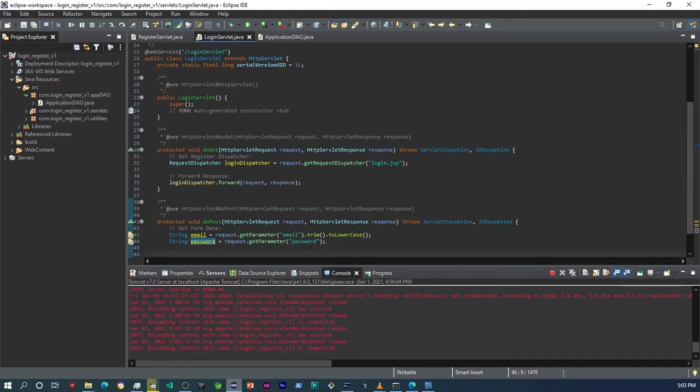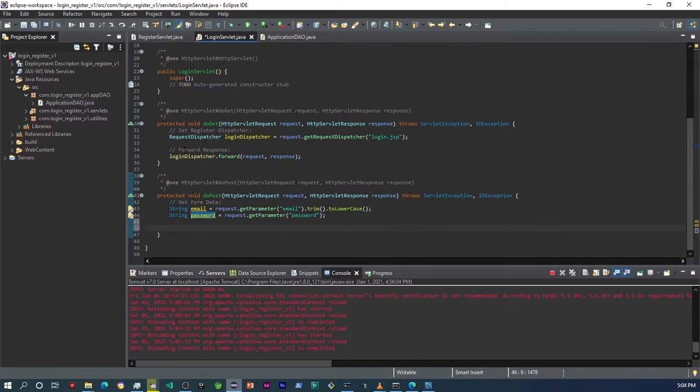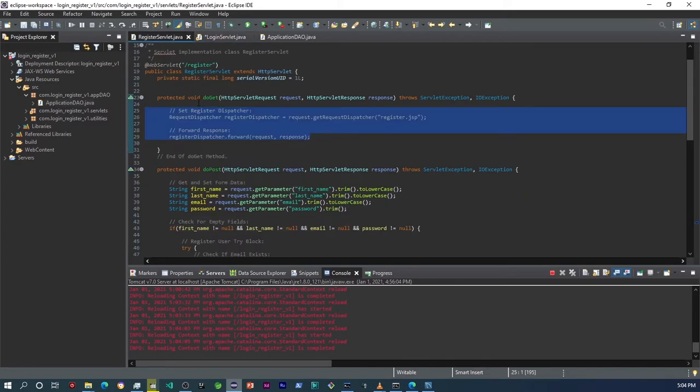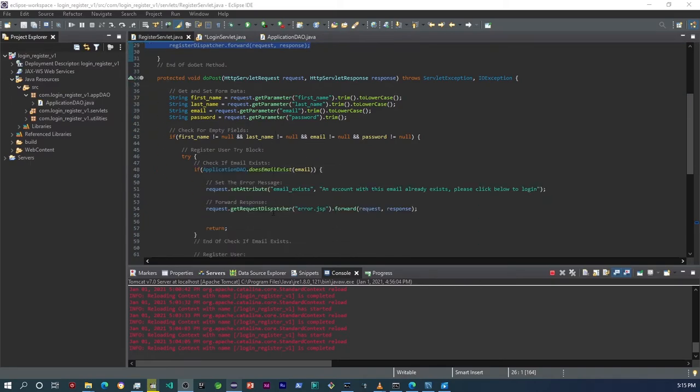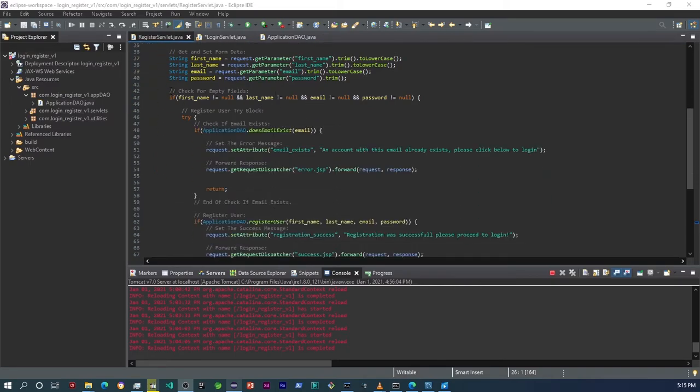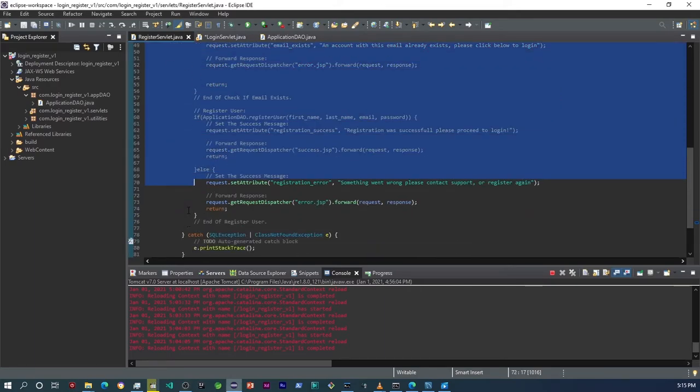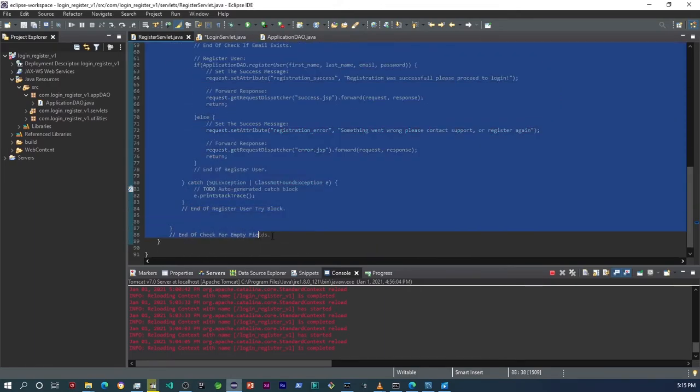Okay, so that's our form data. Now we're practically going to do the exact same thing we did within the registration form. So within the registration form, what we need to take is the setup that we had here where we check for empty fields all the way up to over here where it says end of check for empty field. I'm going to copy that there,